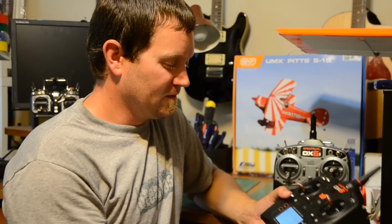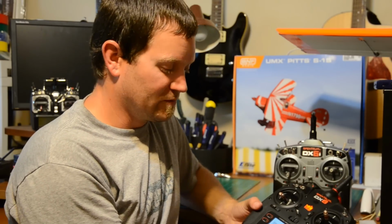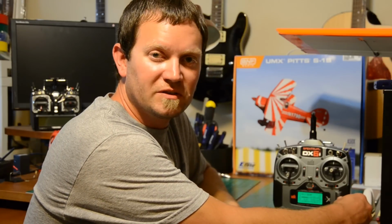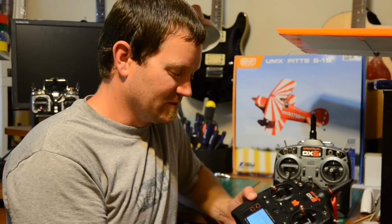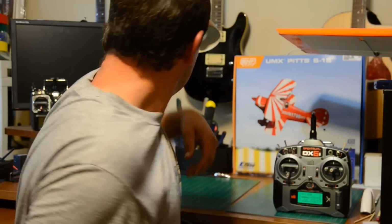In the feel of the buttons themselves, this roller button is rubberized, and you guys that have DX6is, this is pretty slick. Sometimes I kind of had to jam it to get it to click on, and this one is real smooth and rubberized. And it also has a back button and a clear button. So it just gives you a little bit faster way to get through all the menus. It's not at all like